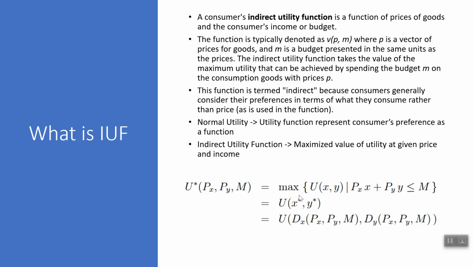For the direct utility function, u(x,y), you maximize it given the income constraint, and then you get a new function, u(x*, y*), where x* is the demand for x in terms of px, py and m, and y* is the demand for y in terms of px, py